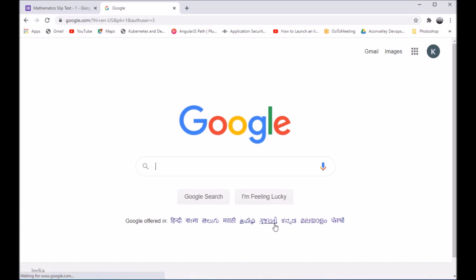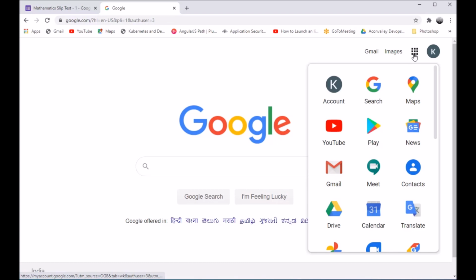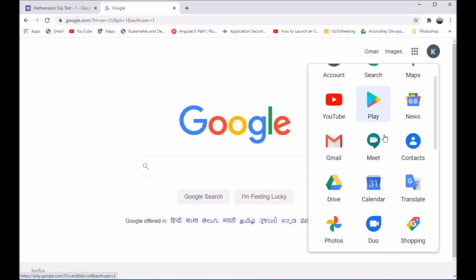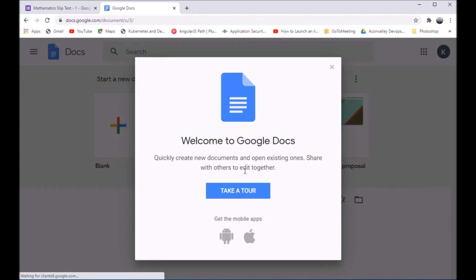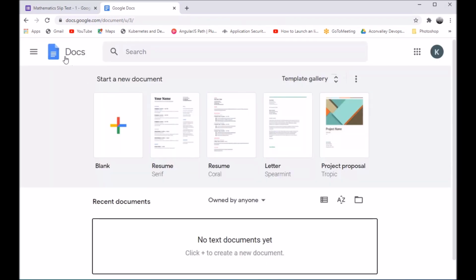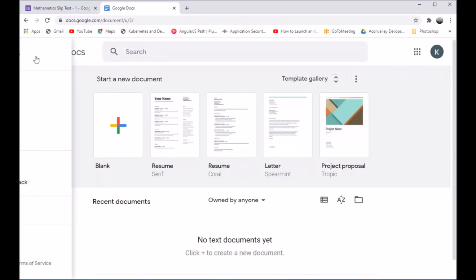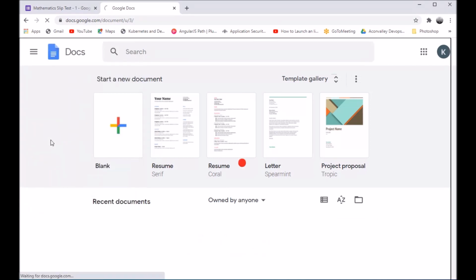Now, once teacher B has logged in with her mail ID, she can open her Google Forms. Now, I will show you another way of opening Google Form. You click on the Google Apps, go to the Docs, and click on the main menu and select Forms.